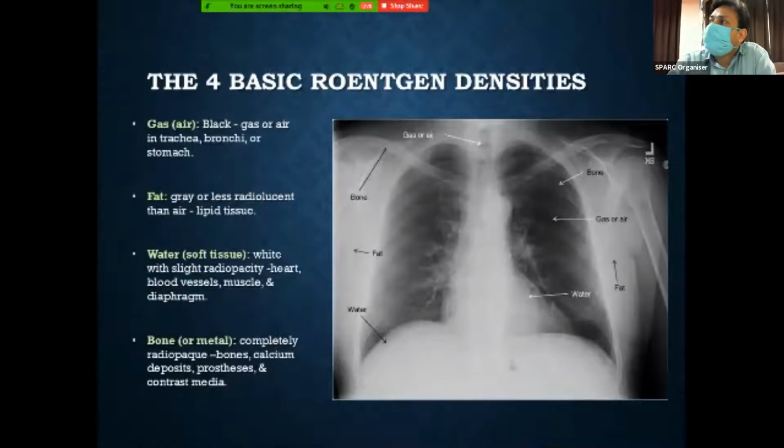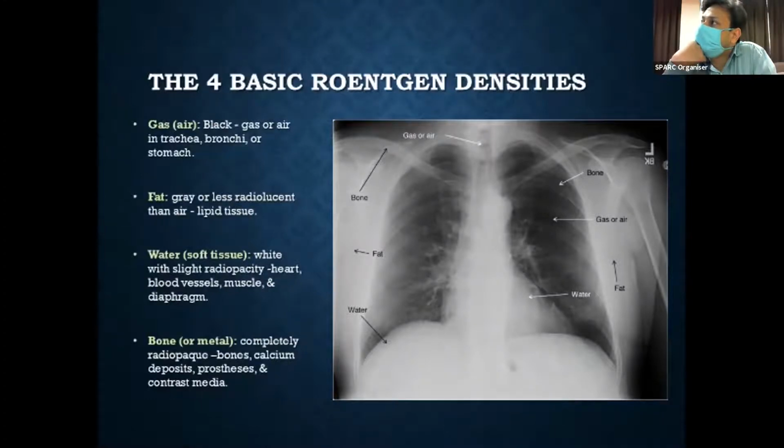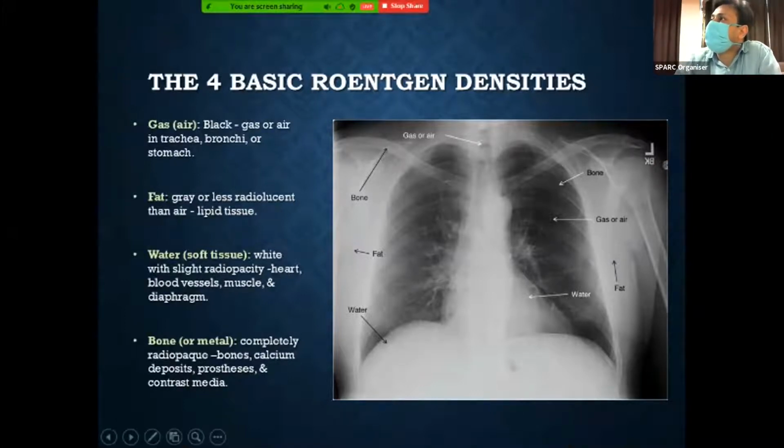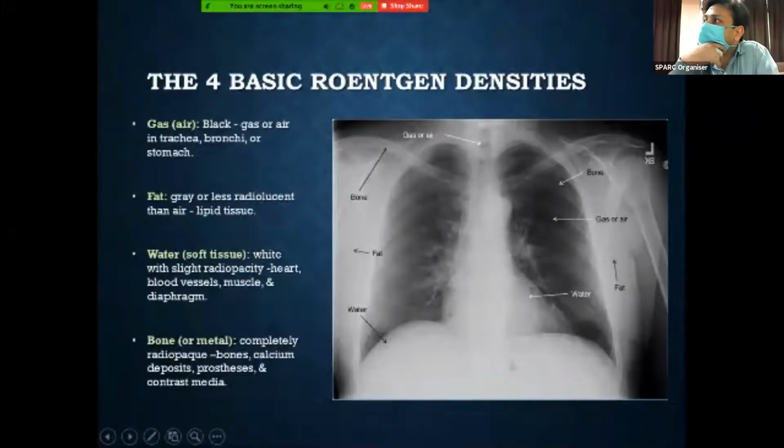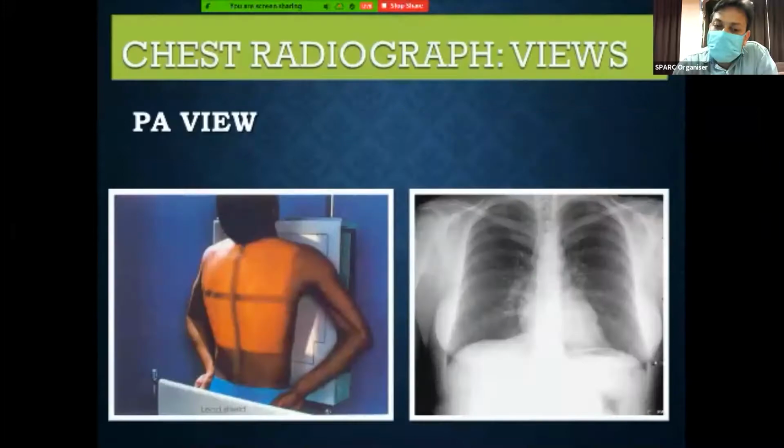And fat, although fat is solid compared to water, it offers less resistance to X-ray compared to water, and it is more lucent than water or the solid organs. So fat is grayish in shades. In some areas, we can see fatty shadow in between the muscular planes, not everywhere. So fat is somewhat grayish. It's not totally black, but it is grayish. So these are some of the basic opacities on the chest X-ray.